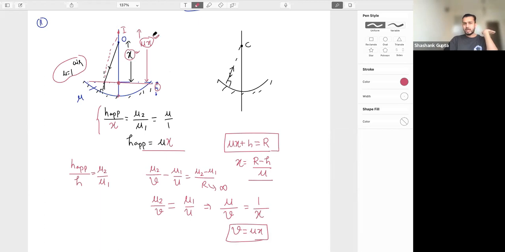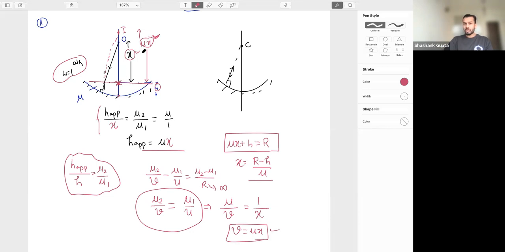Now, someone had a doubt in this. How did I come to this mu x? Now is it clear? The same formula which is written here, we can write it in this way also directly. V is the apparent depth and U is the real depth. Tell me, now is it clear? So just by the refraction of this plane surface, the object which was earlier at a distance x will now be at a distance mu x. The image formed by this plane surface will be at a distance mu x from this point.